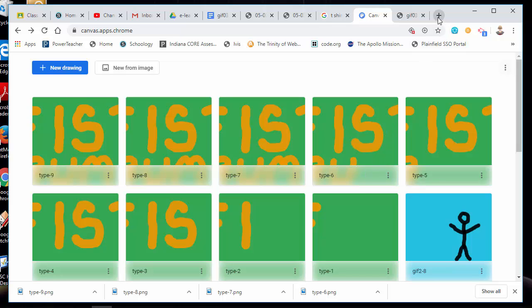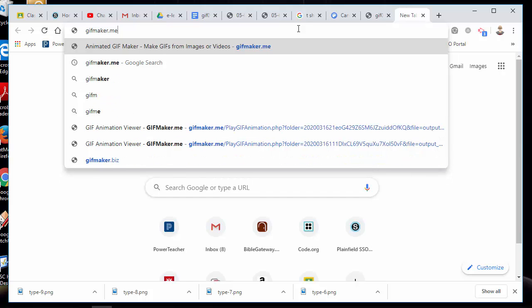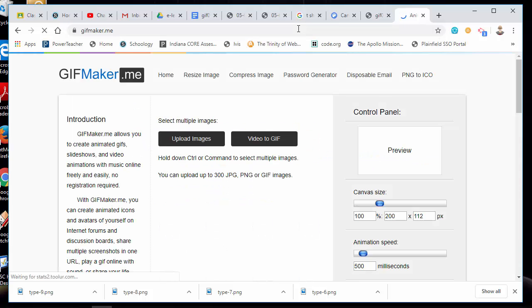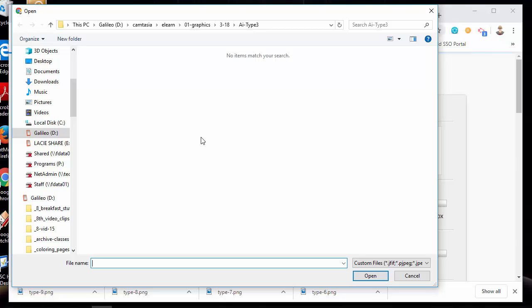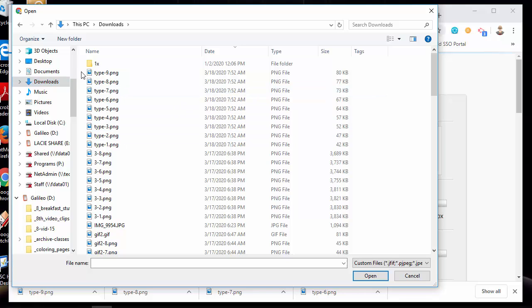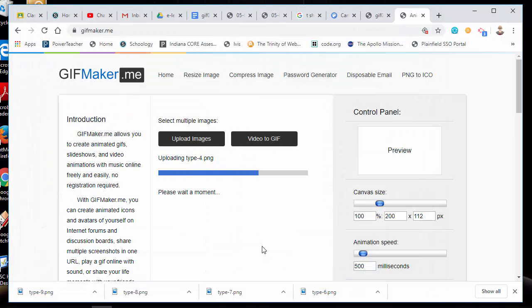All right, so now I'm going to open a new tab. I'm going to get to our GIF maker .me, which is linked on Google Classroom. So there's that. All right, so I'm going to upload images. We've done this before, so I'm going to go pretty fast. I'm going to upload images. Oh, I got to look in the right place. Let's go to downloads, and here's all my type images that I just saved right here. So I'll open those. Might take a second,